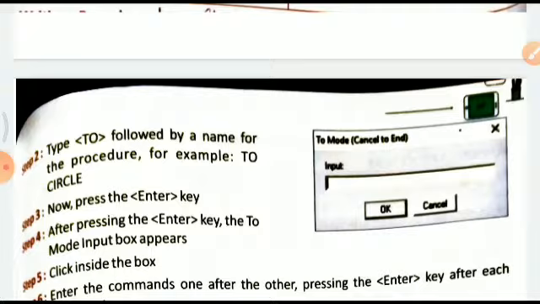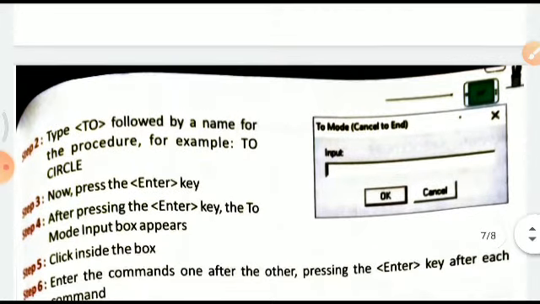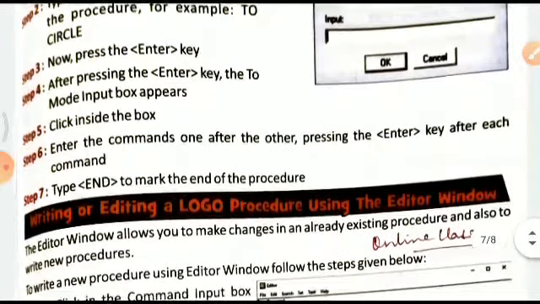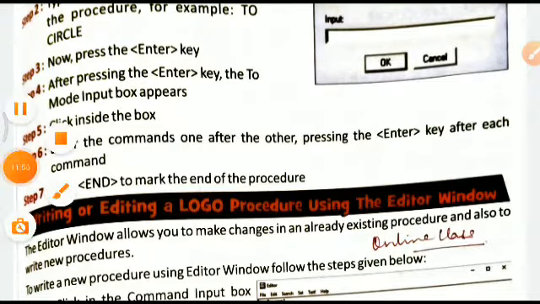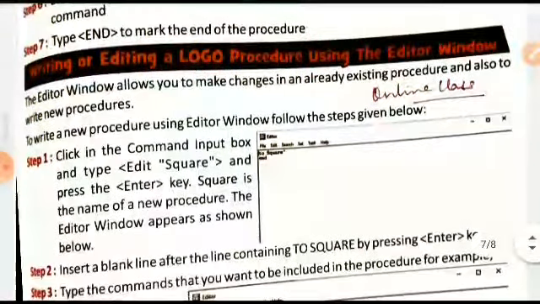Firstly we will be clicking the command input box, and then type TO followed by the name of the procedure, for example TO circle. Now press the enter key, and after pressing the enter key, the TO mode input box appears, and then we keep on adding the commands, and at the end we will write END.